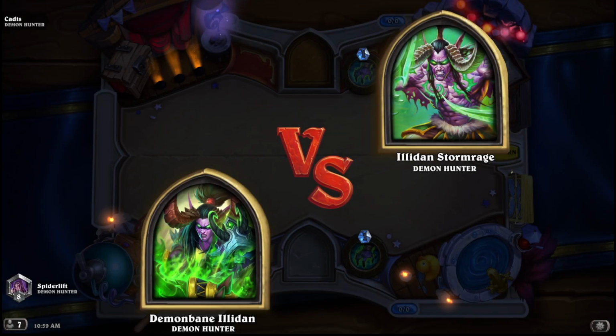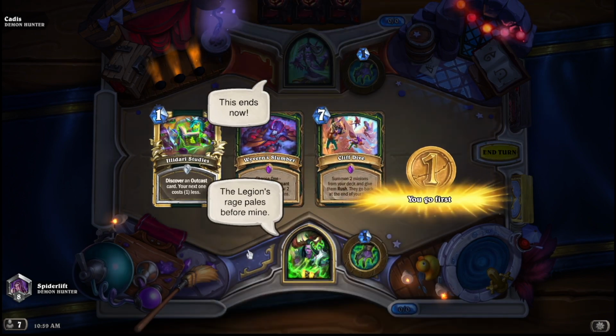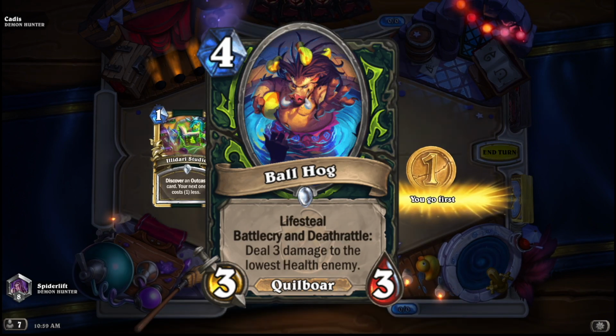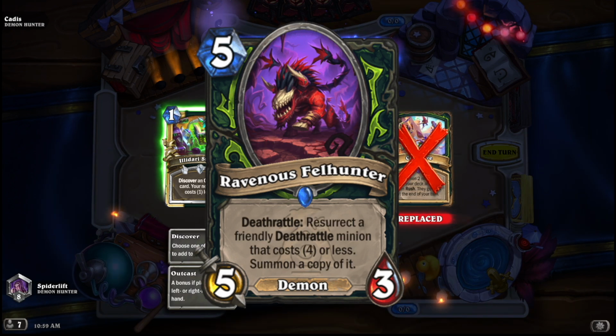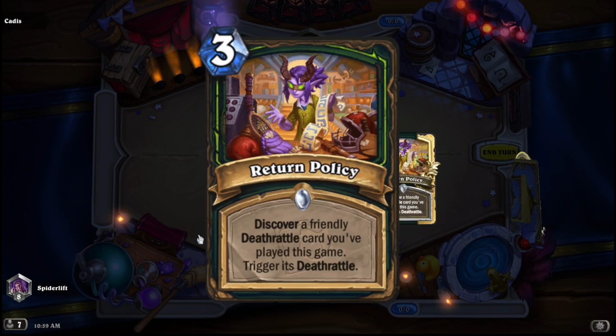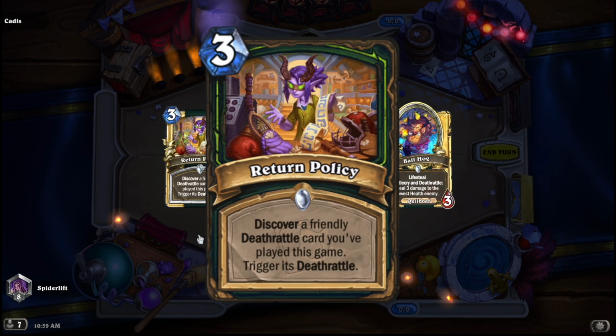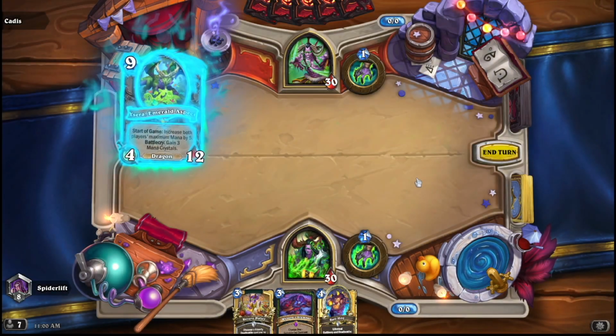Ball Hog Demon Hunter is a deck that uses aggressive and mid-range strategies. The idea behind the deck is to get Ball Hog onto the field, and then using your Ravenous Fell Hunter, you'll end up finding that you can summon many and many copies of them. Then you can use Return Policy to get your Ravenous Fell Hunter back, and then that helps you summon more